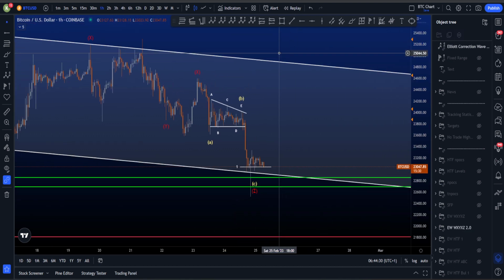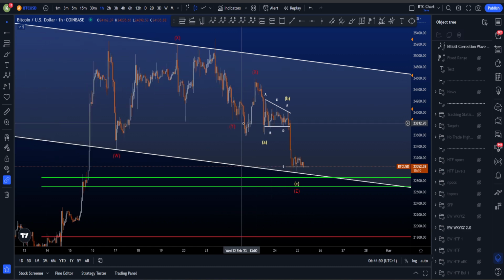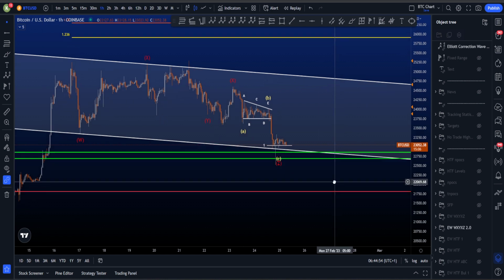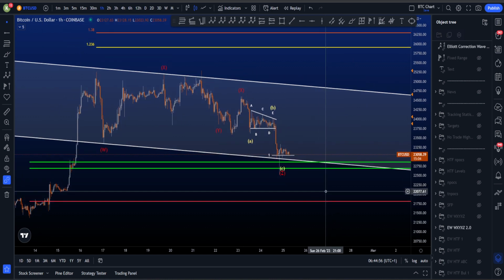Now the triangle gives it away that this is, you know, the triangle can only be in a wave B, a wave X, in a wave 4, or a triangle can exist in a wave Y of a WXY or wave Z of a WXYXZ. In this case, I think the triangle fits perfectly in a wave B. So this is definitely my preferred scenario, which now means that if this is indeed my preferred scenario, then wave